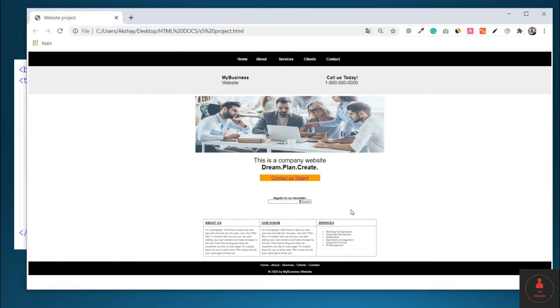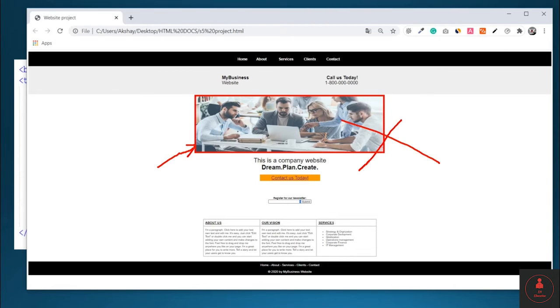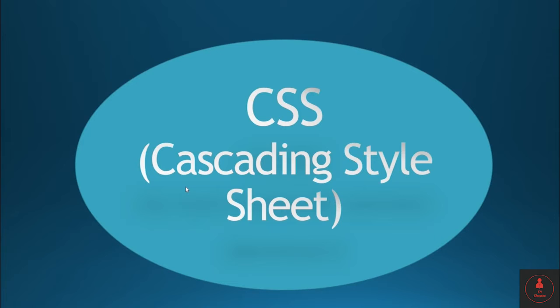For example, if we inserted an image into a table cell, we could not place any other object on top of that image. This is a concept known as layering. In this section of the course, we are going to explore the world of CSS, that is, cascading style sheets. CSS helps to eliminate all these issues and makes the development process much more flexible, efficient,